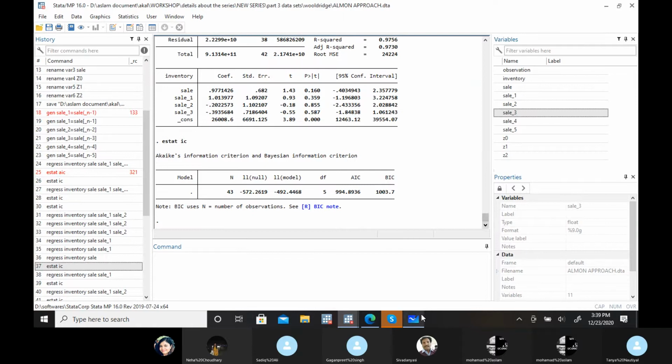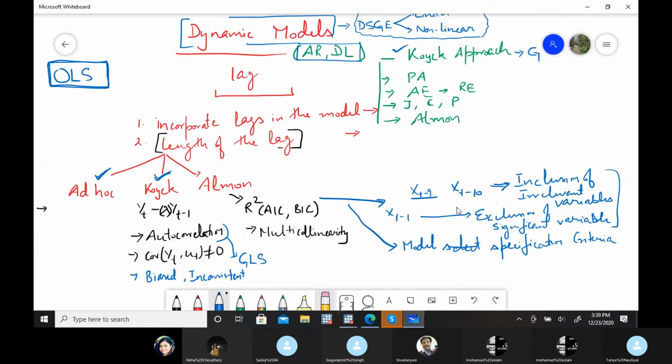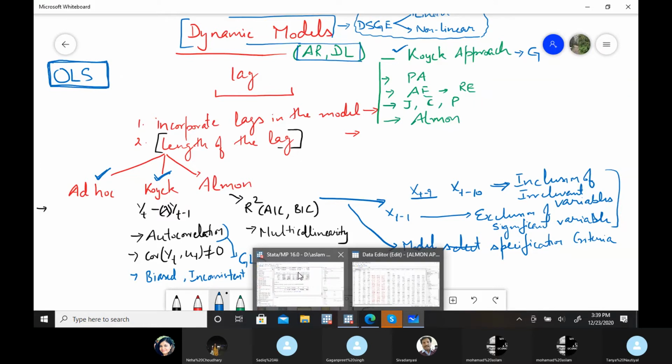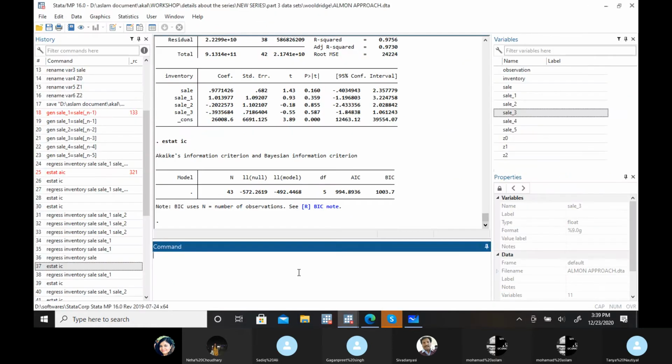So this is the answer to this lag by the Almon approach. Now, what is the answer by Koyck, if you remember? I told you the answer, how many lags you have to take from the Almon approach. But yes, this problem you have to deal with, because we are only taking lags of this x variable.